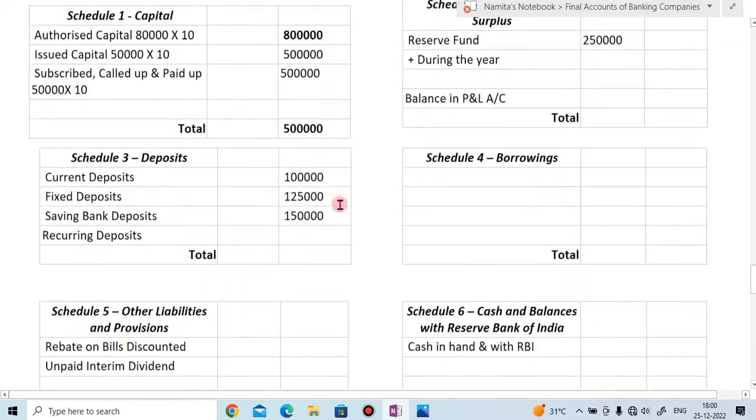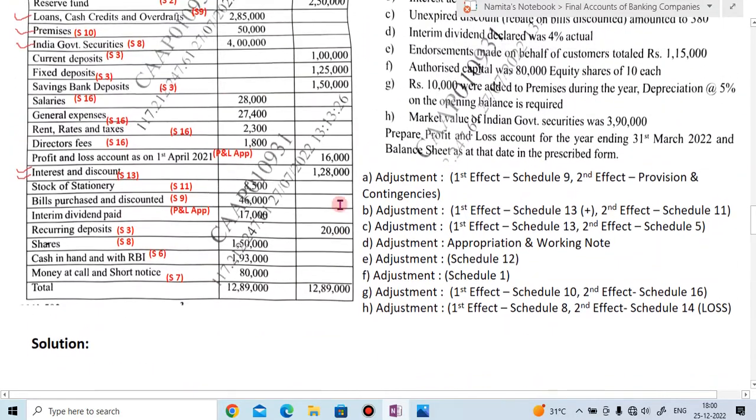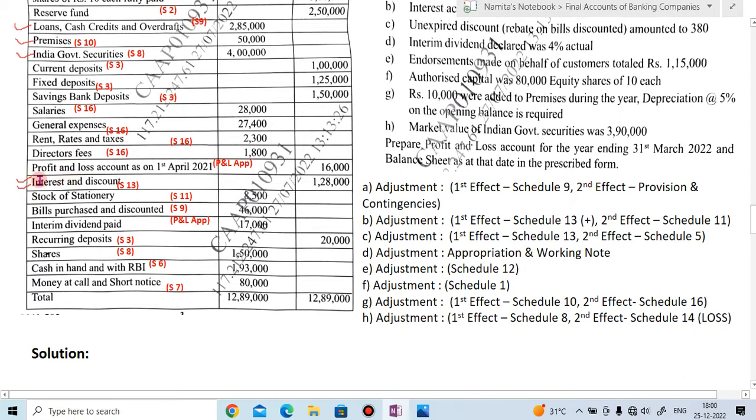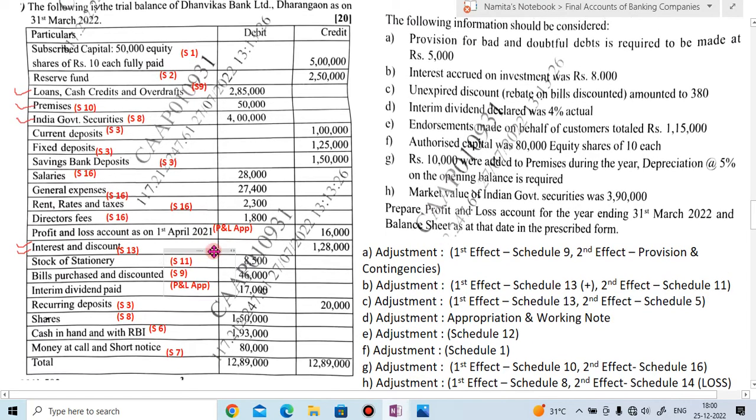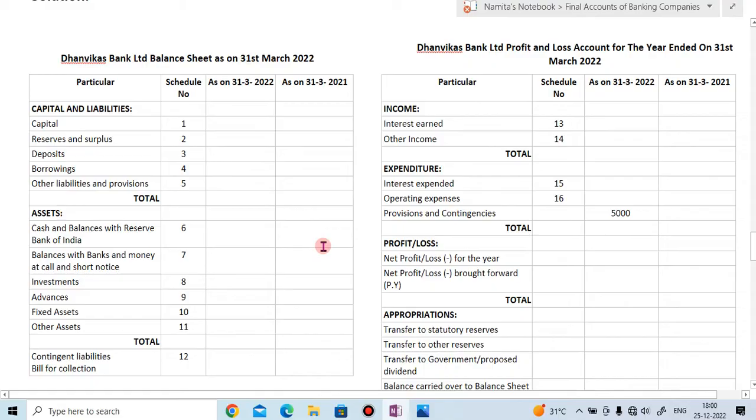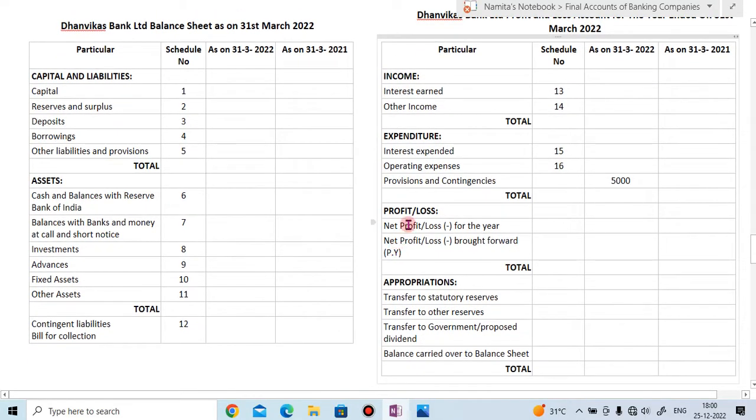Now next is what? Next, after director fees, next is profit and loss account as on 1st April 2021. Now this profit and loss account is what? The profit of the last year, okay, previous year. So this will go in P&L appropriation. What is the profit of the last year? 16,000. So write here in the profit and loss account, under the heading of profit and loss, net